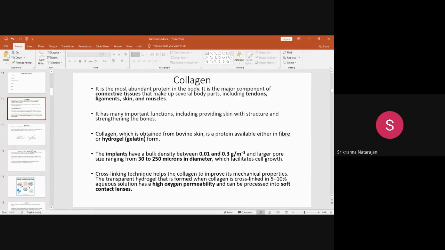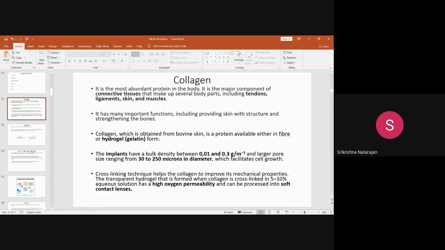This is advantageous. Though collagen has many advantages, its mechanical properties are poor when it is used alone, because it is like a matrix material. If you recall our discussion on fibers for composites, we take a matrix and a reinforcement to make a composite material. So collagen used alone will not have a higher strength. Because it is like a matrix material, it has to be reinforced, cross-linked using some reinforcement agent, so that you can get a higher strength out of it.